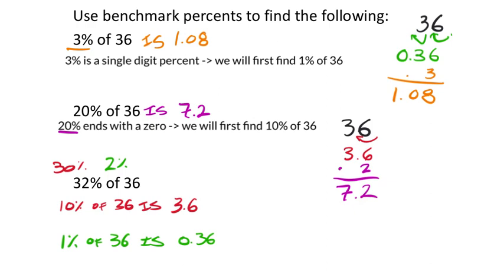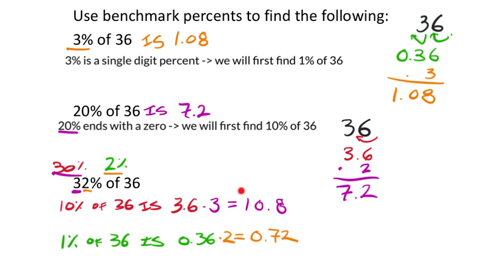So 10% of 36 is 3.6. What we want right now is 30%, right? That's the 3 portion of the percentage. So I would take 3.6, multiply that by 3, and whatever I get out of this is going to be 30% of 36. So 3.6 times 3, enter, and I get 10.8. All right, now 1% of 36 is 36 hundredths, but we need 2%. Okay, so we're going to take that 1% and then double it. So we're going to multiply this by 2, which should be 72